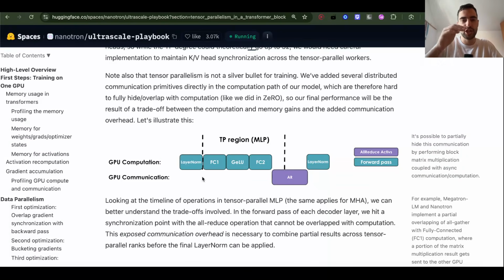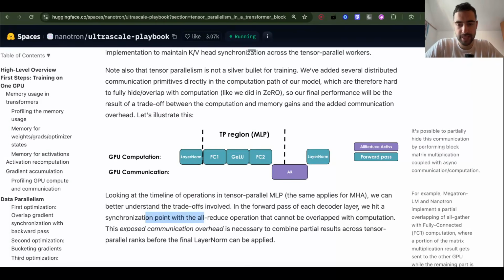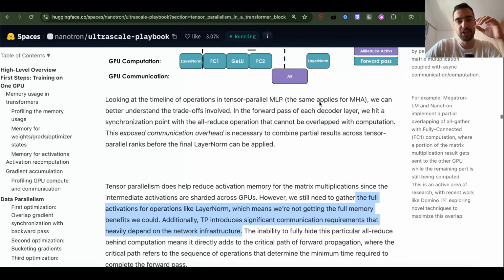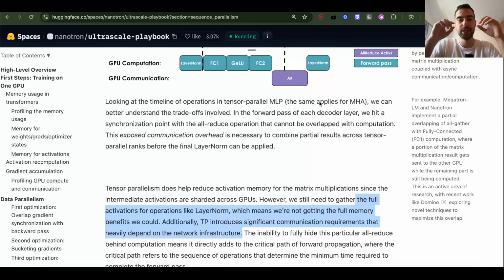So that's communication overhead. That's just because we have multiple GPUs. Now we have to do this extra thing that we wouldn't need to do if this was on a single GPU. So this is the overhead. We hit a synchronization point with the all reduce operation that cannot be overlapped with computation. That's a weakness of tensor parallelism, where if we need to apply layer norm or some other operation that requires the entire tensor, then we need to combine it from different GPUs. While if we had data parallelism, we would have a full copy of the model on each GPU, so we don't need to combine these intermediate